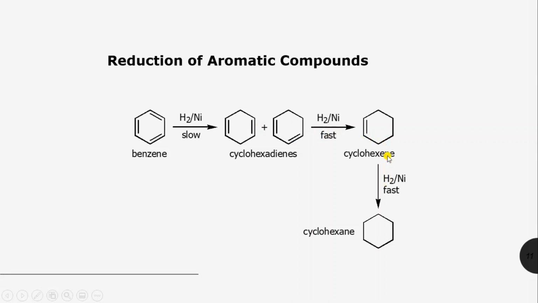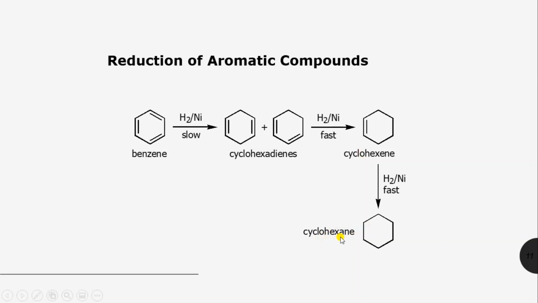But now what about the third case, where cyclohexene absorbs the third hydrogen molecule to produce cyclohexane? This step will be the fastest among all. Why? Because here there is an alkene. Here is cyclohexene, which is undergoing the addition reaction. It will be very easy for cyclohexene to undergo the addition reaction to produce cyclohexane compared to the conjugated system, but not aromatic.